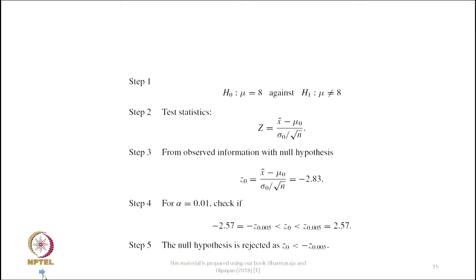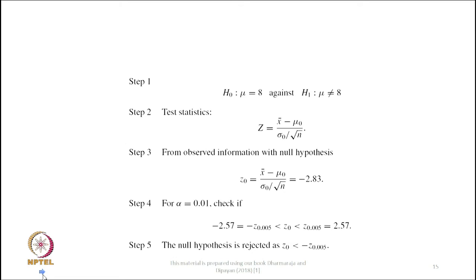Actually, I missed one point. I should write z is equal to capital X bar minus mu divided by sigma by root n. That step is missing here. What I wrote as small z naught, that is correct. What I wrote in the first step 2, that z, that is wrong. That is capital X bar minus mu divided by sigma divided by root n, such a statistic follows a standard normal distribution. Now, step 3,